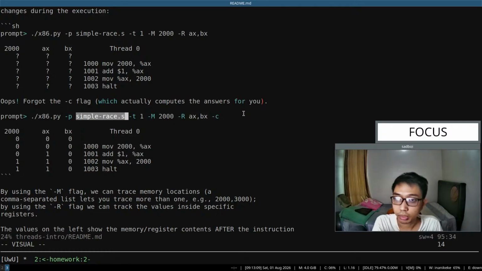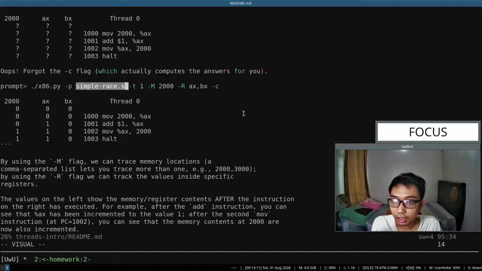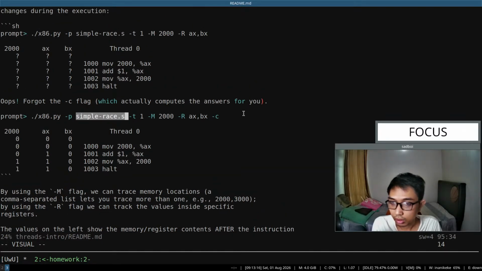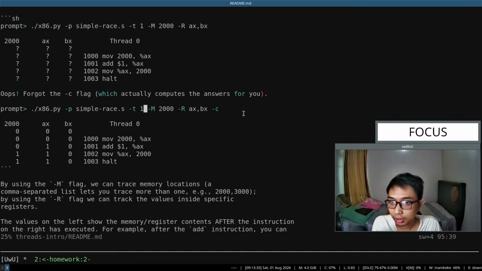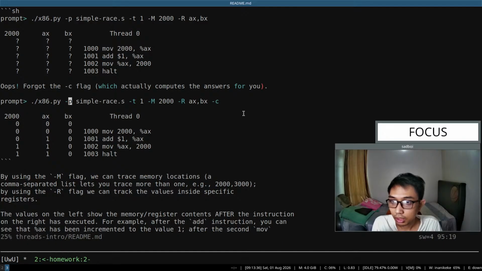You know what, let's try the simple trace with another scenario, I guess. I mean, for example, like the thread, instead of 1 using 2, and then using the interrupt frequency here, for example. So let's try another scenario with simple trace